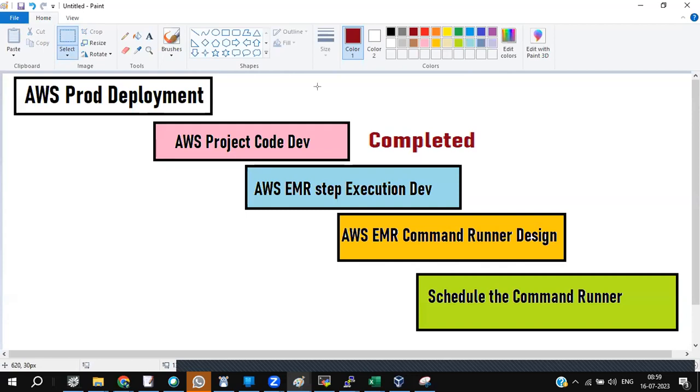Fine. The dev part is completed. The AWS project code dev part is completed. Still, the development is not yet done. If it is on-premises, your development is done. You just have to develop the Spark shell, Spark code, and you can complete your development. Absolutely, if it is your on-premises cluster.